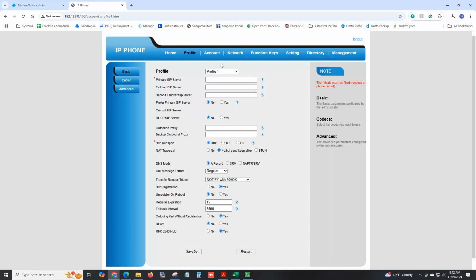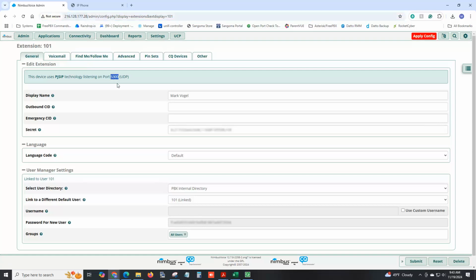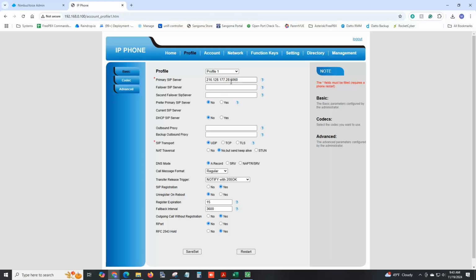So I'm going to come back here. This is in the cloud. So I'm going to put this in here and get rid of the HTTPS. This is also where you can put in a failover SIP server, if it's doing a backup. In this case we're just going to use one. This is also where you put in the port. By default it's not going to put it here, but it's assuming 5060. Now if you remember, we are using 5300. So you want to come back in here, do